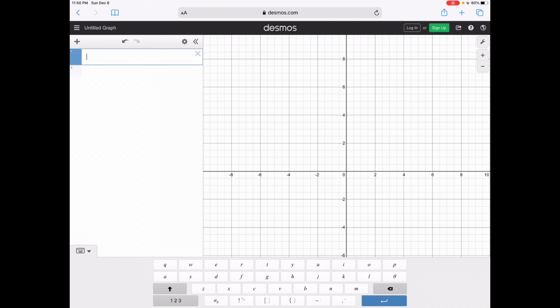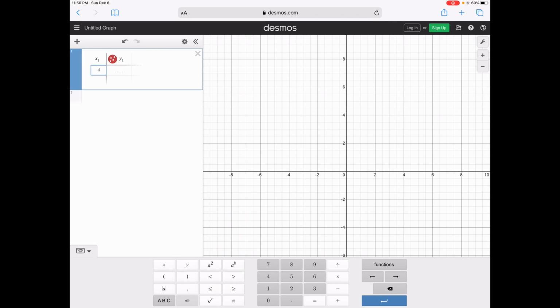All right, let's input that data. We're going to hit our plus sign over here to select the table. We're going to input our table values, which were 4, 5, 6, 7, 8, and 9. And let's go input our y values now,